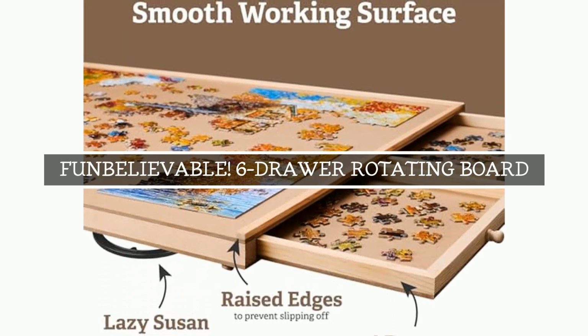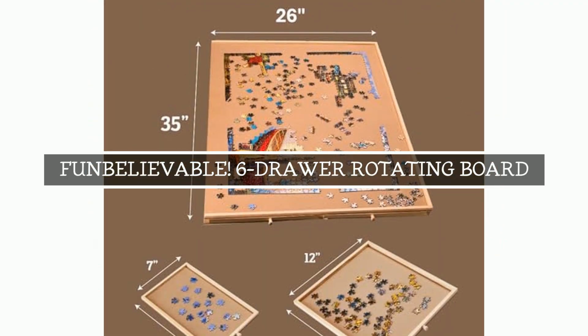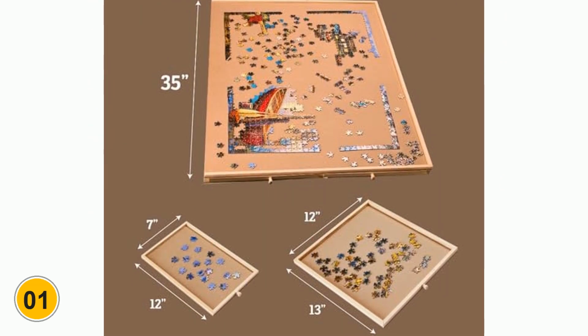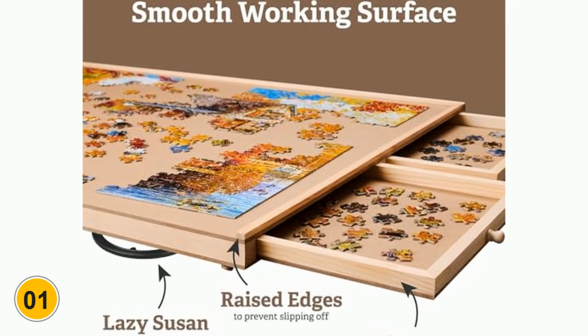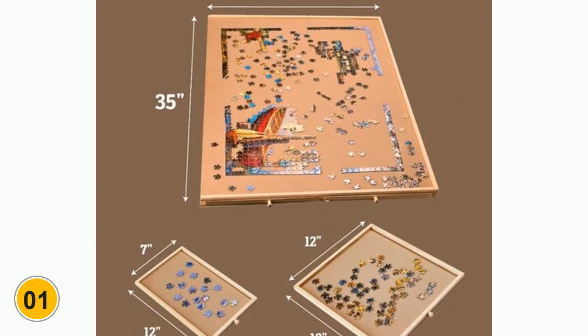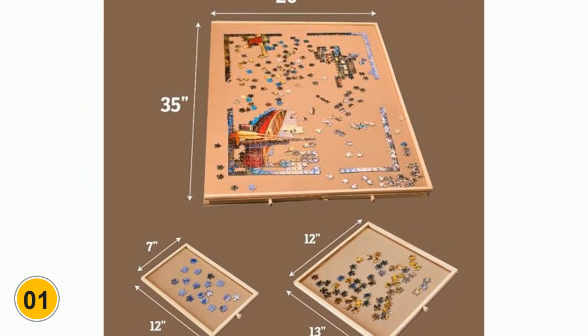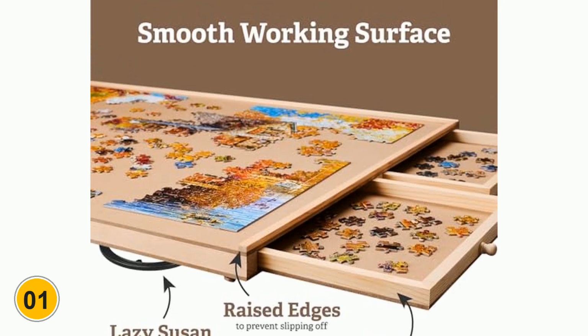Product number 1, FUN Believable 6-drawer rotating board. First up is the FUN Believable rotating puzzle board with 6 storage drawers and a protective cover. Priced at just over $90, it's positioned as a premium family-friendly option, and honestly, it looks the part. If you want a spacious, organized setup that keeps your 1,500-piece puzzles safe and within reach, this is worth a